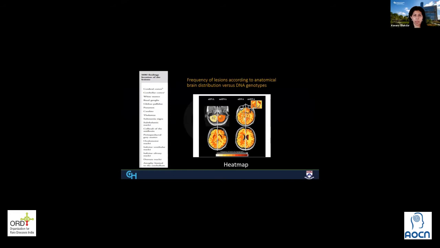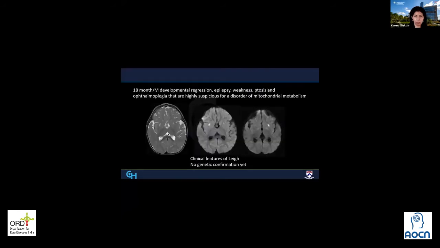And this is the entire list, and they in fact even made out a map which shows us the distribution of various findings corresponding to the different gene mutations in Leigh's syndrome. So now we thought that we learned everything about Leigh's syndrome, and then recently we had this case in an